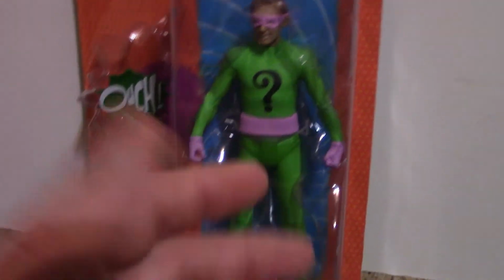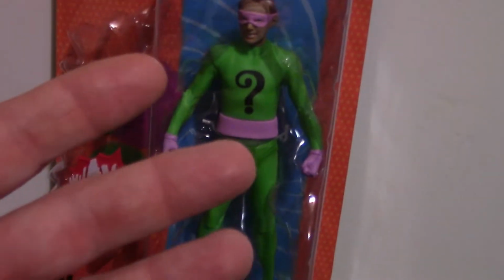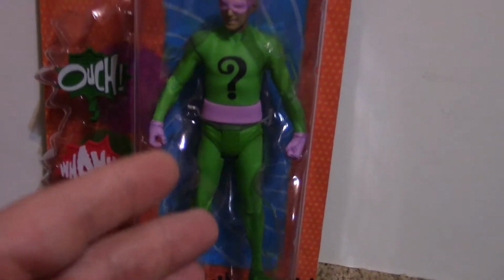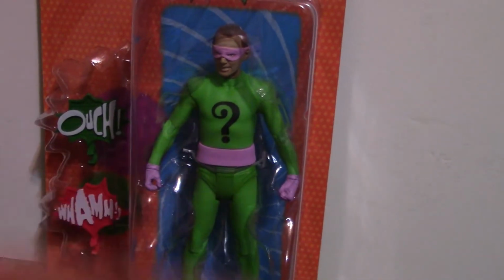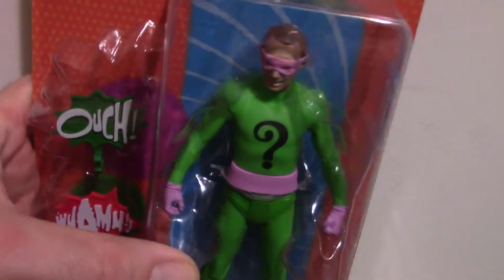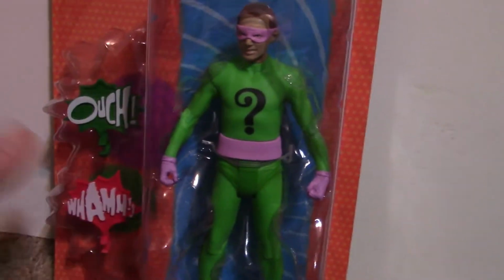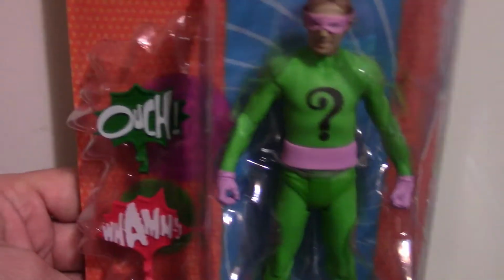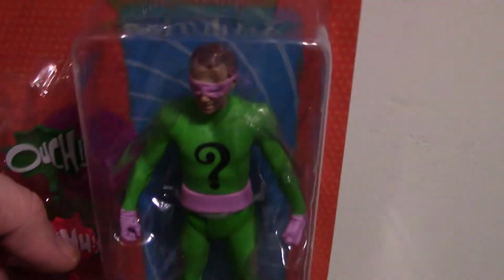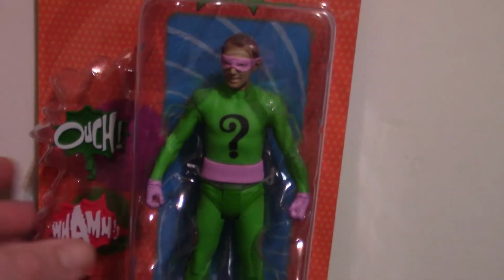I love the character of the Riddler. I always have. Now, this suit actually looks more like the one that was worn by Gomez Adams. And for some reason, I just can't think of his name. And I'm not near any devices right now where I could just look it up. Although I guess I could stop the tape and go get it and look it up, but we won't worry about that for right now because we're not looking at his version of the Riddler. We're looking at Frank Gorshin, and I don't think they ever made any of his versions of the Riddler anyway,